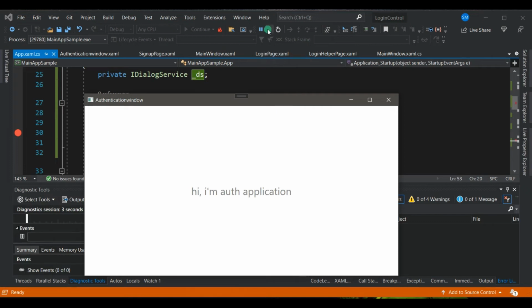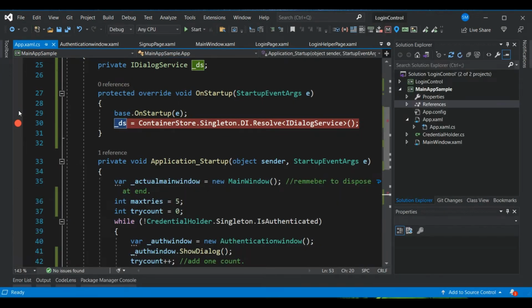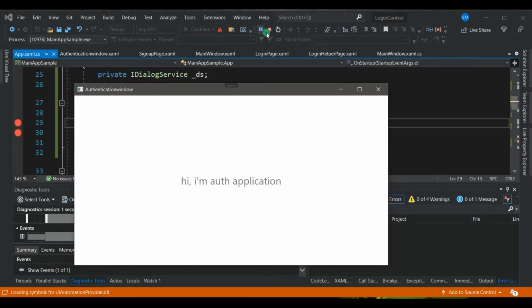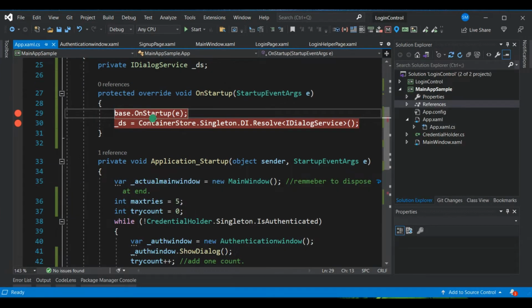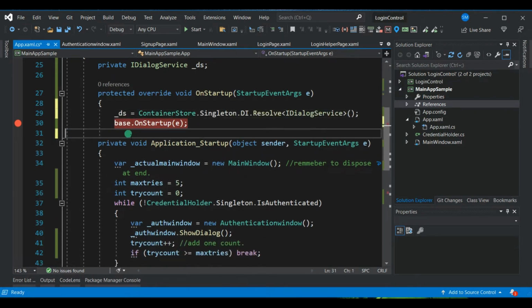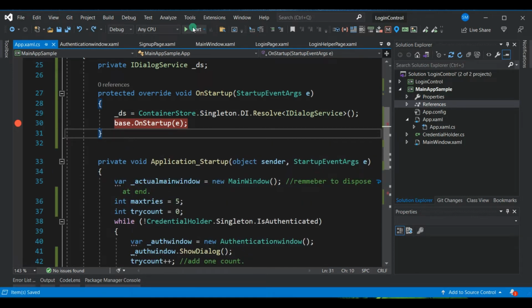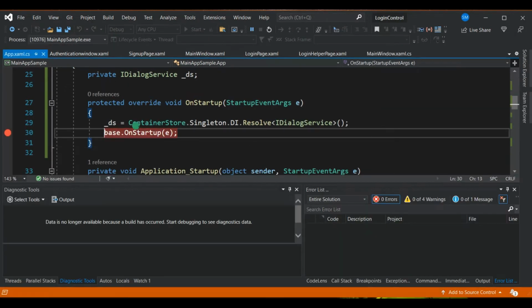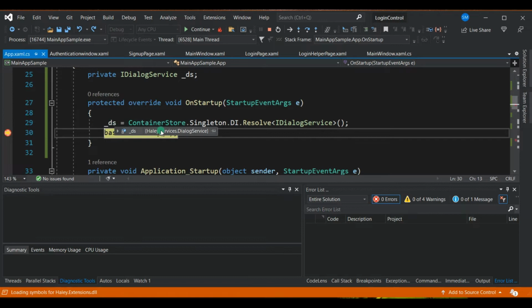No, you should not do that. You should not do that. Here. So when you say on startup, it goes to this application startup. Very good. So you do this and then you do the startup. It's quite common to make mistakes. The only thing is you need to correct yourself. DS is now present,